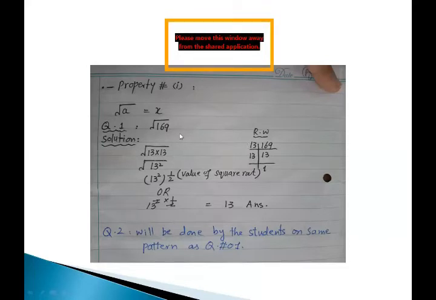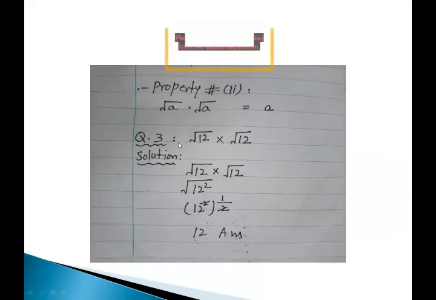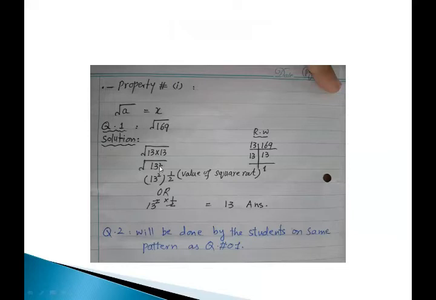So in this manner, we get to know that 13 multiplied by 13 is equal to 169. So we are going to write it under the root. 13 would come as it is, and there would be a square because there are two same numbers multiplying together. So 13 multiplied by 13, so we are going to have a square over it.